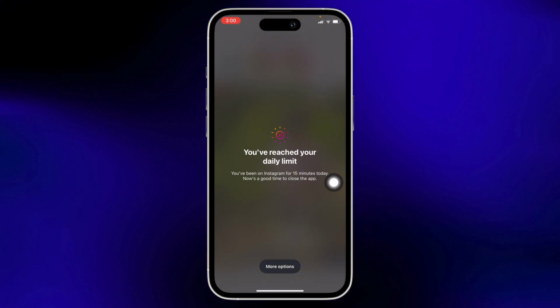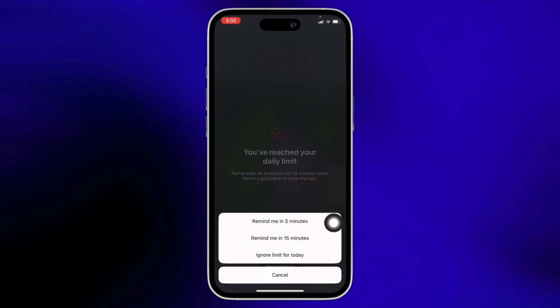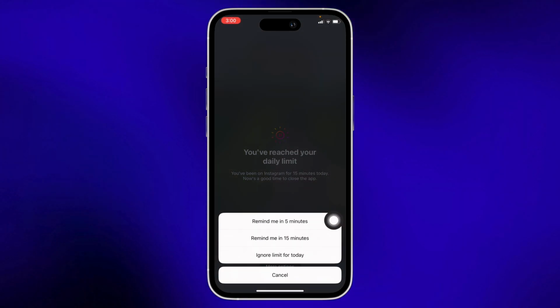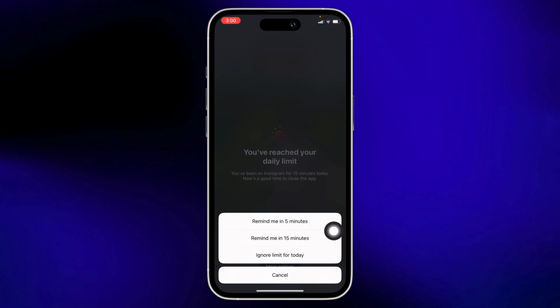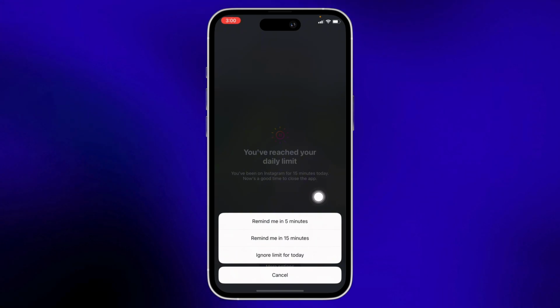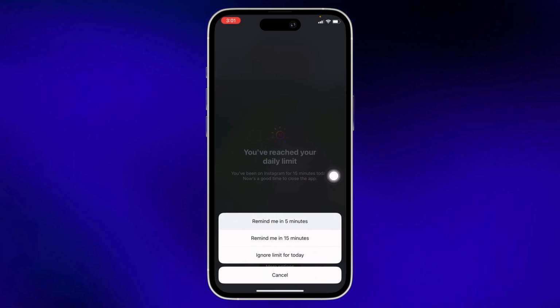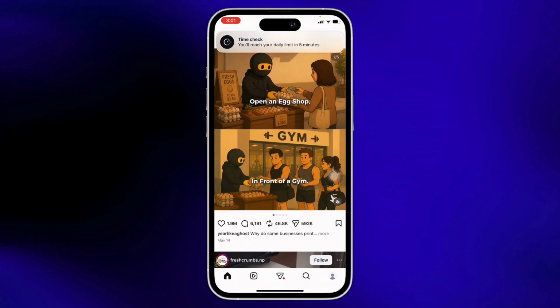So in order to pause that, you can tap on the more options option you see there and choose if you want a reminder in 5 minutes, or if you want a reminder in 15 minutes, or if you simply want to ignore a limit for today. You can choose any one of these options, and with this your Instagram limit will be removed,